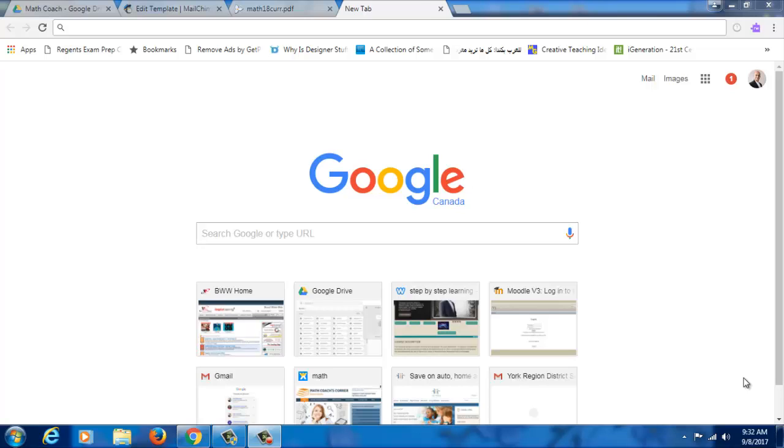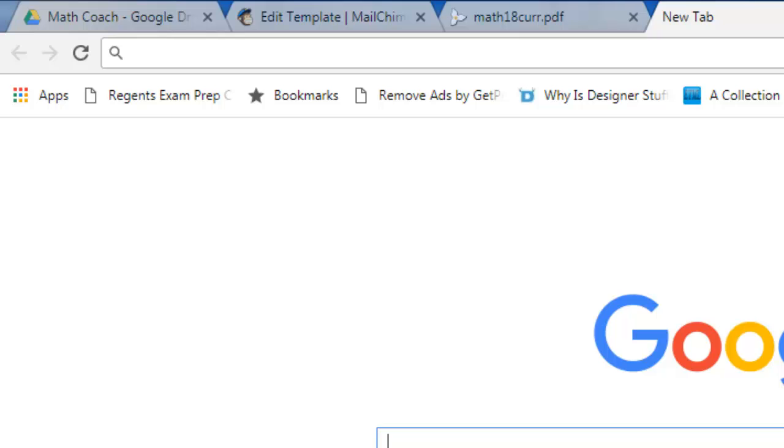Hi everyone. Today I would like to share with you how we can use one of the GeoGebra tools to compare fractions. So all I have to do is go to Google and type GeoGebra,